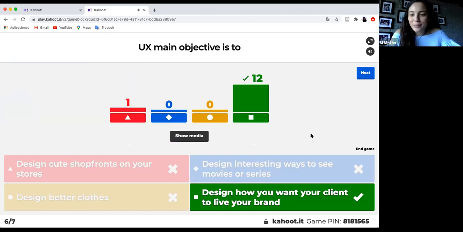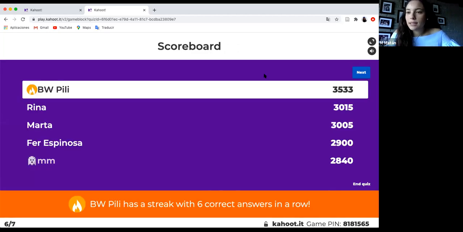Sorry, UX main objective is not to design cute shop fronts on your stores. Sorry about that one, but yes, how you want your client to live your brand. Let's see how you're doing on your scores. Okay, perfect. And the last question, so everybody,